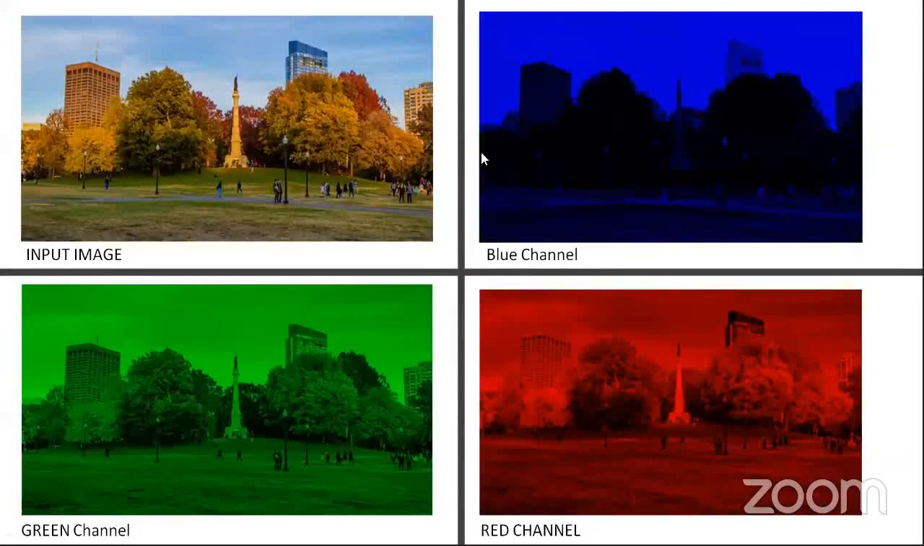So this is an input image. We can split it into a blue channel, a green channel, and this is the red channel. If you superimpose all the three images, you will get this image. Okay. Now